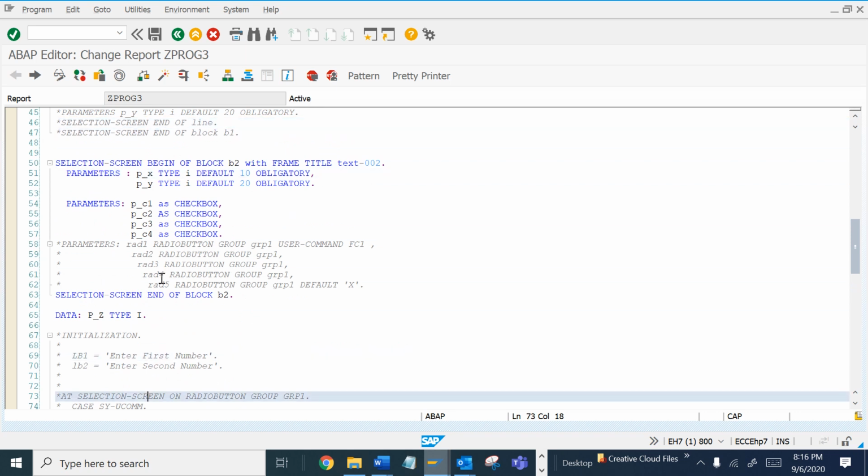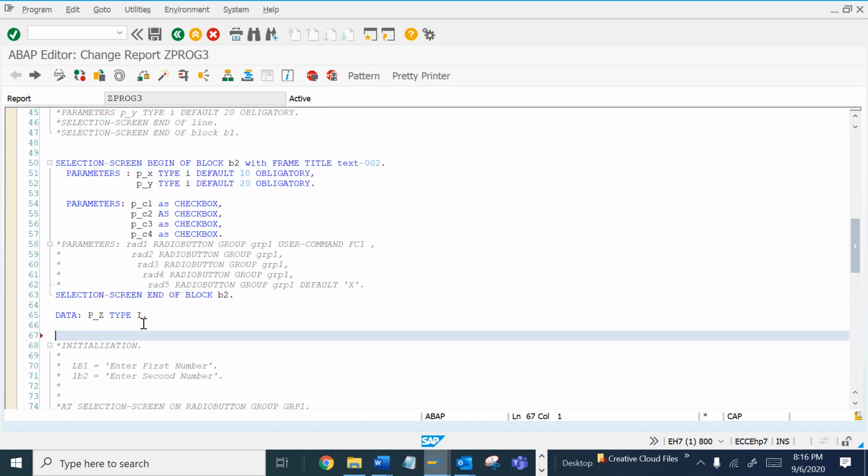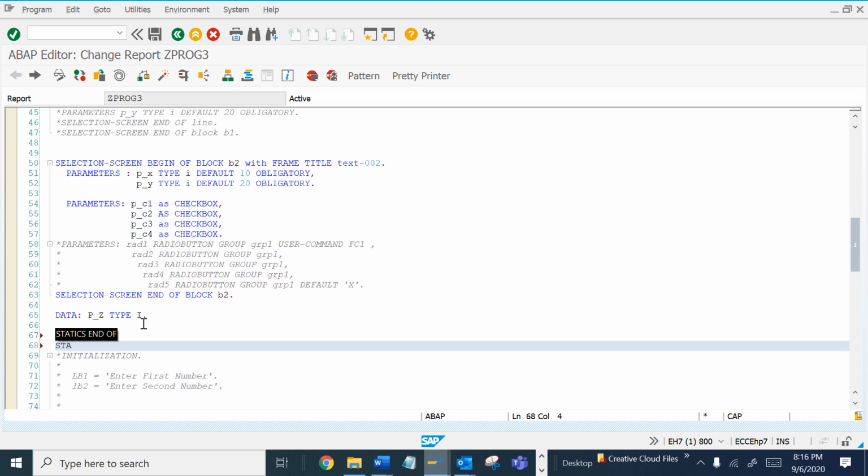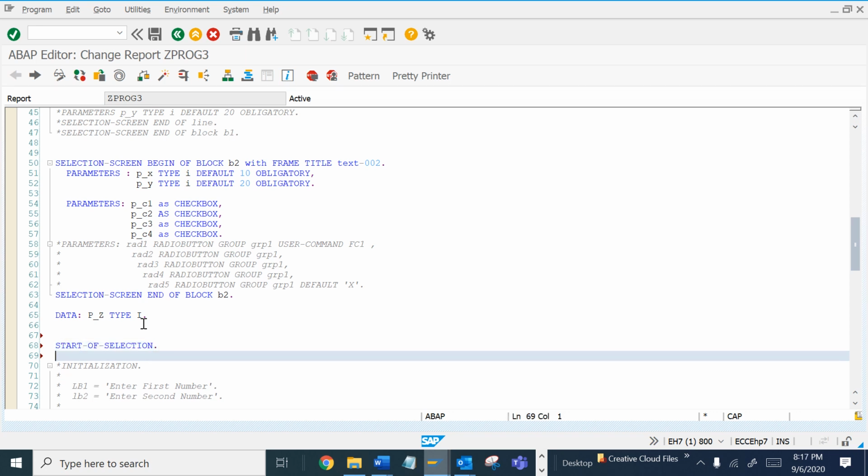As you know, we have an event called START-OF-SELECTION for doing this process. So let me put my condition: if my first selection, if C1 equals X,